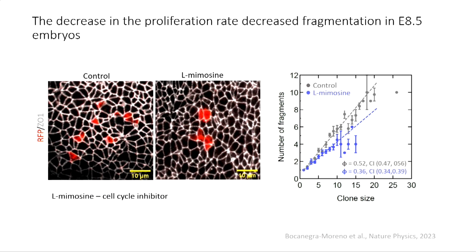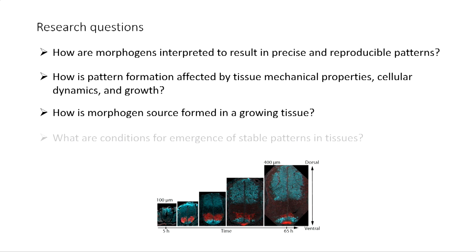And then we also did an experiment where L-mimosine was used as a cell cycle inhibitor, and we saw that in the tissue we also have this decrease of the fragmentation. So to sum up this part, I would say this observation that the fragmentation early on, when